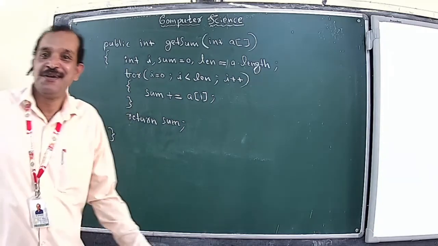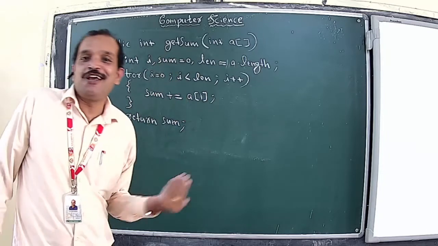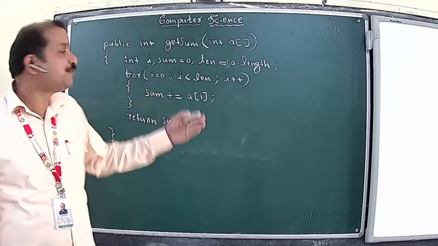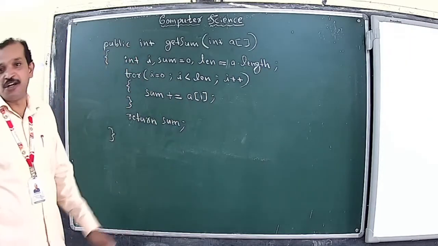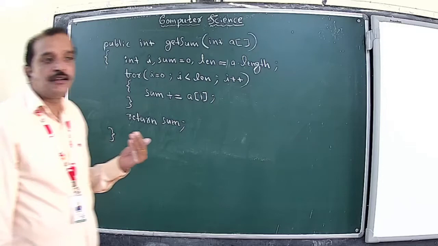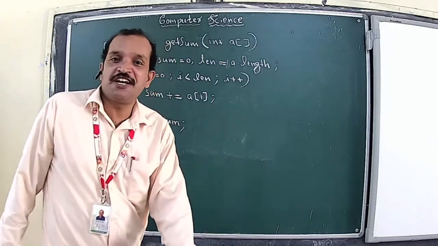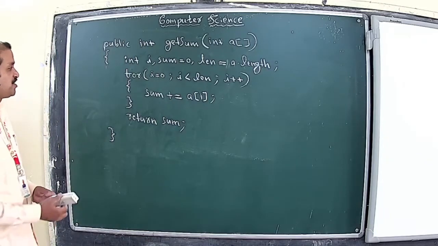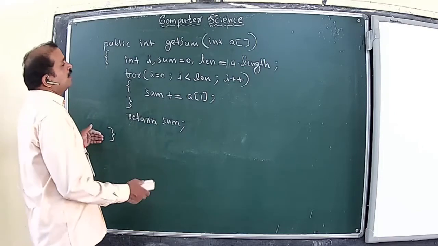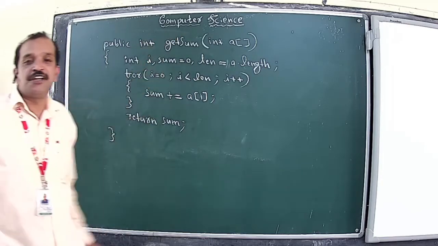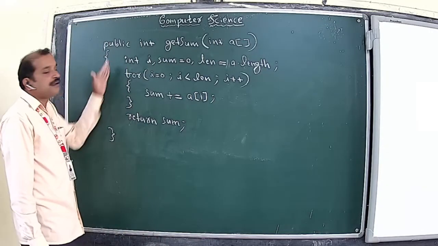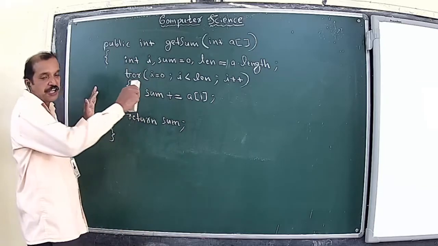So this is a program to accept an array, to calculate and find the sum of the array elements and to return the value. So this is how an array can be processed using a loop. We will just see another example also, where we want to find the greatest number in an array. Suppose our task was to find the greatest value in this A. That is our next program that is going to be done. The greatest value in an array can be found. So this program is clear. We are going to get it erased.